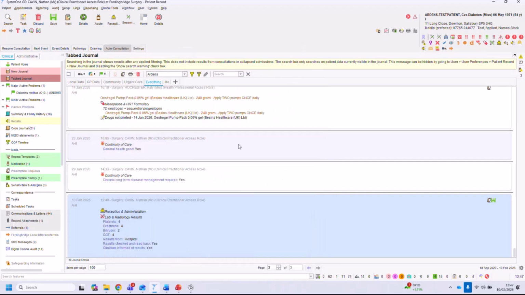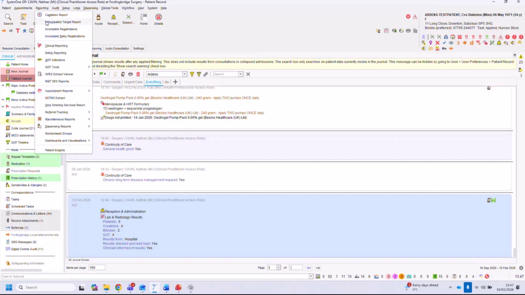Right, for the last 10 minutes, I'm just going to dive into the reports and show you some of the reports that exist as well. I've barely scratched the surface, but the idea here is how to get to them and what they look like, and then the more you use them, the more it will make sense. So not only do we do the templates, but if I go up to reporting and then go to clinical reporting,